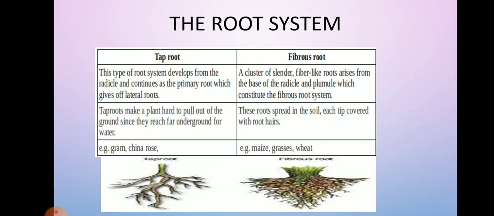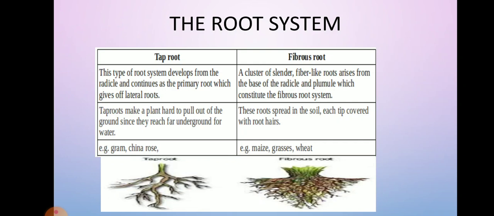Okay, so there we have two kinds of roots, that is taproot and fibrous root. Now taproot is the one which develops or comes out from a radicle. Now we all know that radicle and plumule are the outgrowths that come out from a seed. Yes, we have seen it in the earlier chapter also, that a seed germinates. In the first chapter we have seen growth is a characteristic of plants as well. So from the seed two parts come out: radicle, which grows below the ground surface and develops into roots, and plumule is the part which grows above the soil surface and grows into the shoot system.